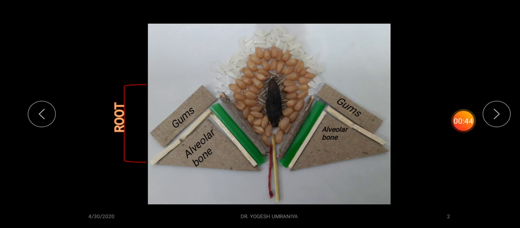Next, the portion that is lying above this root, this much area, that portion of the tooth is referred to as the crown of the tooth, that is lying above the gums. The third point that is lying at the junction of the root with the crown is referred to as the neck of the tooth.